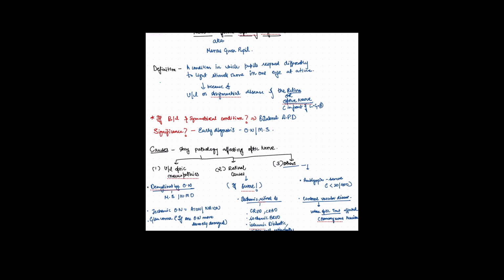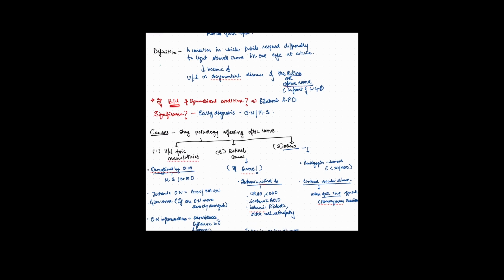Okay, so it is because of a unilateral or asymmetrical disease of the retina or the optic nerve. It should be unilateral, and if not unilateral, it should be asymmetrical, that means one eye has a more damaged optic nerve as compared to the other eye. What happens if there is a bilateral and symmetrical condition? Then will we call it RAPD, relative? Will it be relative? No. Then it will be a bilateral afferent pupillary defect. If I show my light to the right eye, no constriction. To the left eye, no constriction, no relativity.